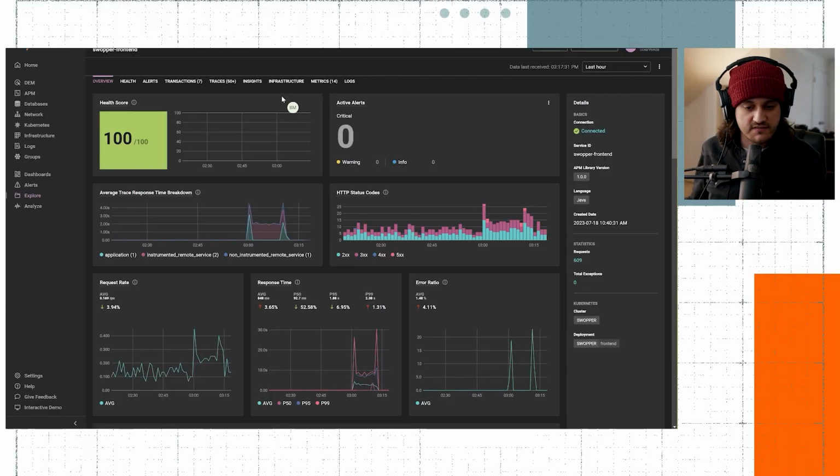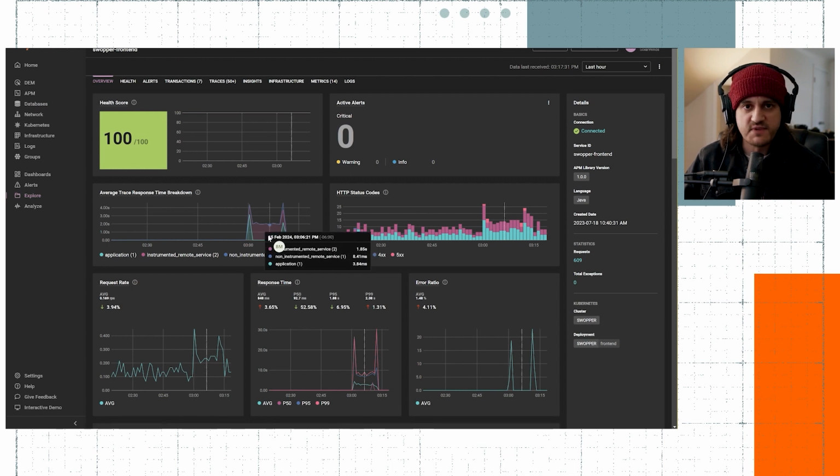Yeah, awesome. I see you've got a bunch of tabs up there at the top of this page. You're on the overview, which gives you the high level view of everything, but you've got some specific things. I know you can look into individual traces and drill down into metrics and everything there. So, is that kind of similar to before, where you just walk down the line as you're troubleshooting? This is kind of the convention throughout all of these different areas in the navigation. They're all going to start with an overview so that you can just get those high level KPIs right out of the way. I can see, for example, when it comes to this Java app, I can see my average trace response time breakdowns. I can see where that response time is being spent.